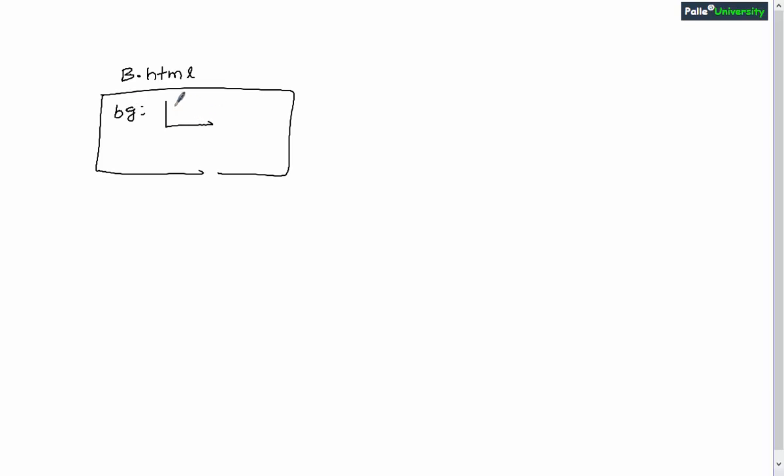So in this session, I will give you one more sample based on the JavaScript validations. First, let me explain the requirement. Let us say I am having a page with the name b.html, which is having a blood group and a text box and a submit button. My requirement is when the user gives a valid blood group and then clicks on submit button, then only I wanted to take this data as valid data, or otherwise, in case the blood group name is invalid, obviously I have to display an error message.